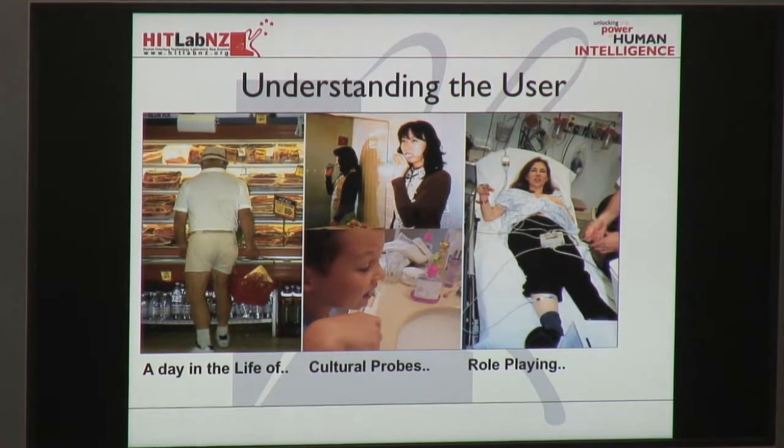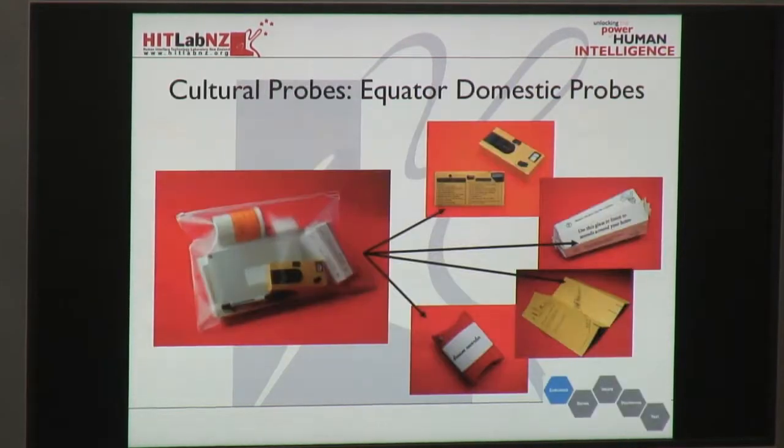And another technique is what's called cultural probes. The idea with cultural probes is that you give people a set of tools that they can use to record their lives and environments. So here's an example of that. This is a plastic bag that had different things in it. One of the things in it was a camera, a single-use disposable camera. On the back of the camera was printed a list of photographs people should take. So they would say things like, take a picture of your favorite toy, take a picture of the meal you're having for dinner tonight. It's 5 o'clock on Thursday, take a picture of where you are right now. So all these pictures would help somebody else understand what they're doing.